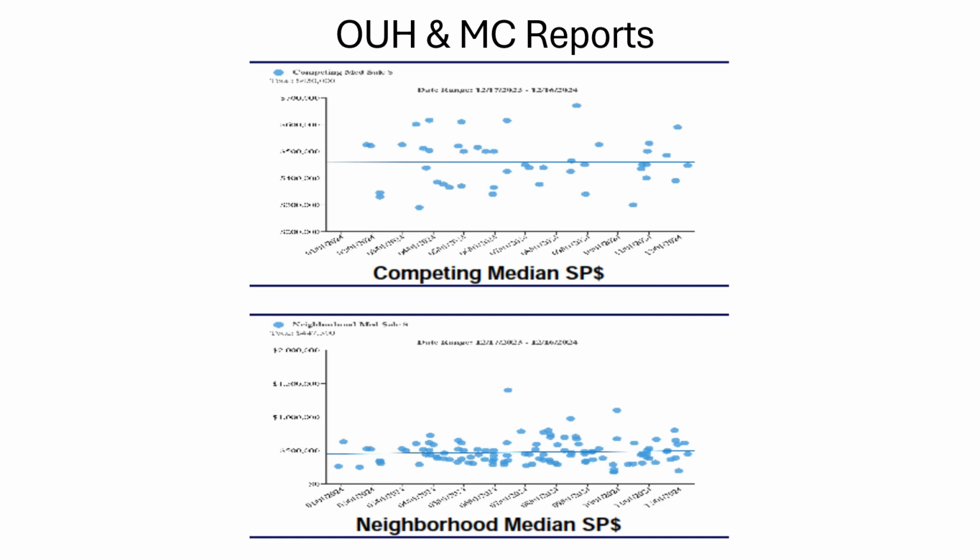Next, your stats program, based on the spreadsheets that you pull, will prepare both your MC, market comparables, and your one unit housing stats. Your top graph up here is our competing or market stats. This would be from our MC, if you will. As you can see, if you're looking at the trend, and again, the numbers here and the dates might be a little blurred, but I'm not here to talk about prices. I'm not here to talk about dates. I think what we need to look at is the trend.